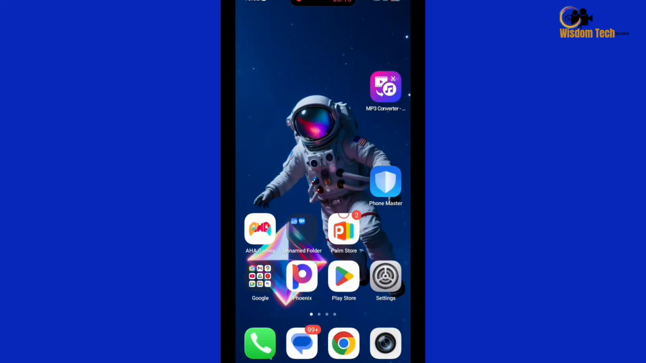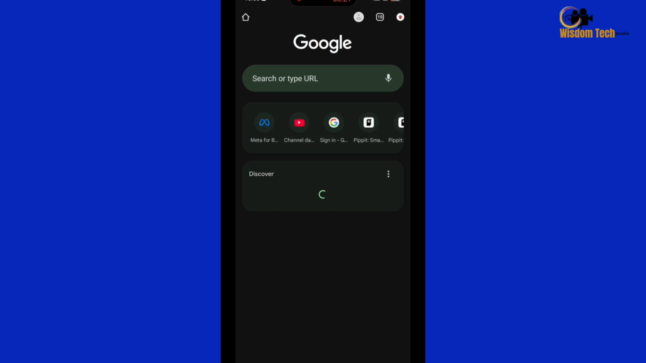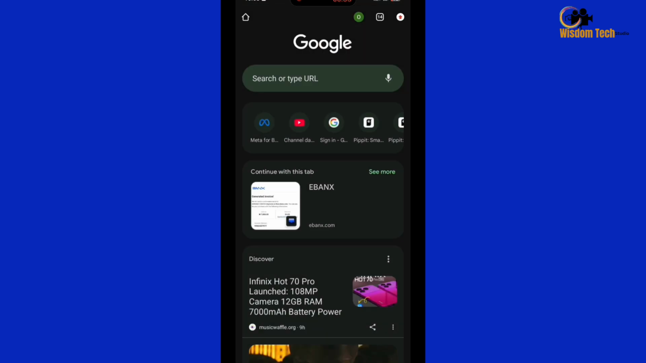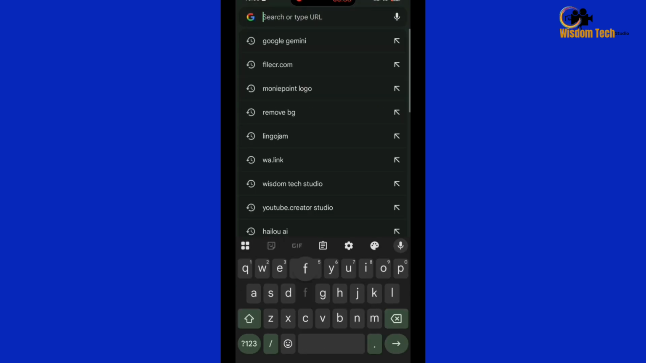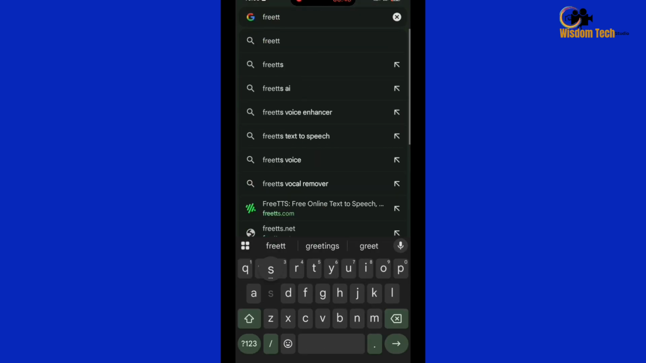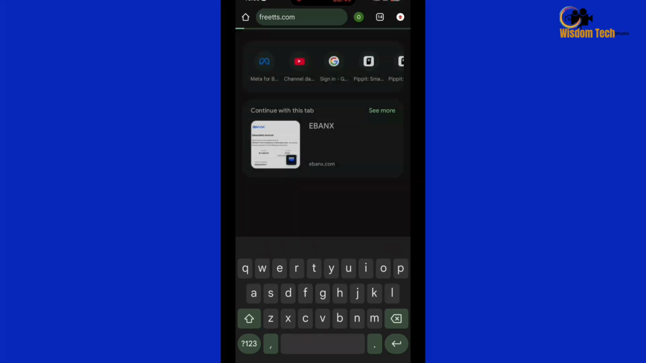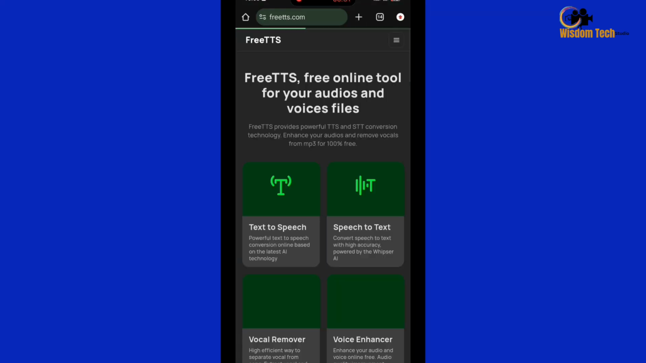First thing you have to do is just to open your Chrome browser and search for this. So when you open your Chrome browser, you will search for freetts.com. Just watch my screen. So you search for freetts.com, just like this. Freetts.com. So these sites are completely free, and one thing about them is that their voiceovers are very realistic, so